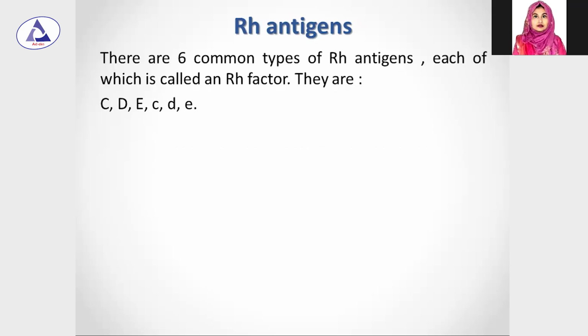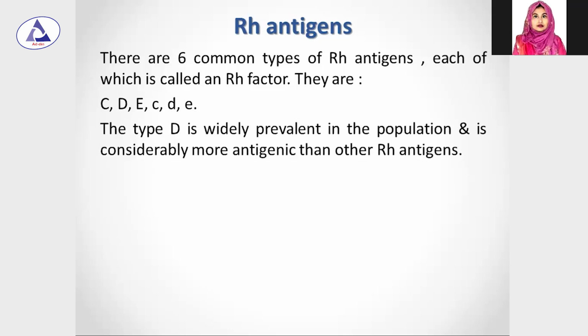আমরা বলেছি যে Rh blood group এ কোনো spontaneous agglutinin থাকে না, মানে antibody থাকে না, but antigen থাকে। কি কি antigen থাকতে পারে? যাদের প্রত্যেকটাকে each of which is called an Rh factor. They are capital CDE and simultaneously small cde. Then type D is widely prevalent in the population. কোনটা দেখা যায়? Widely prevalent বা কোনটার percentage বেশি দেখা যায় সেটা হচ্ছে type D